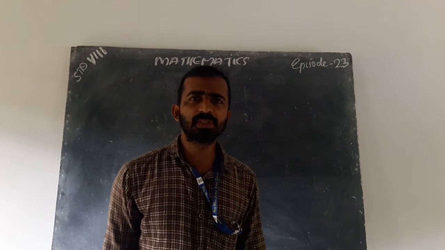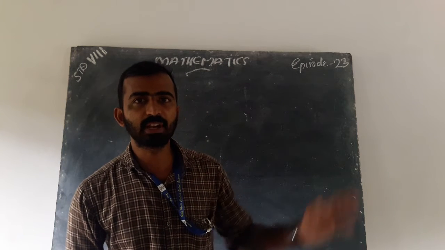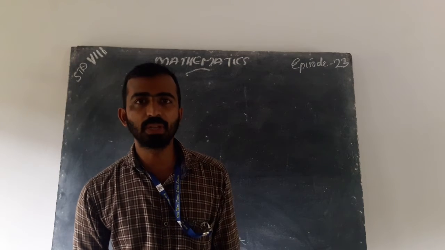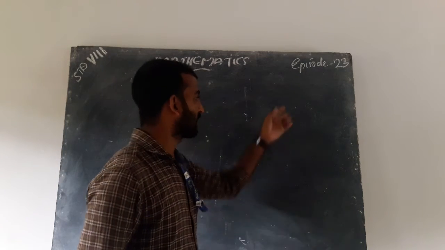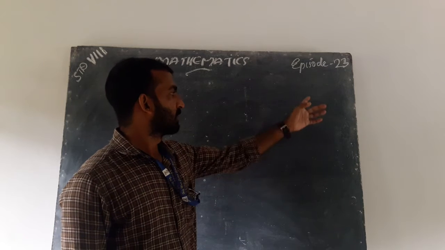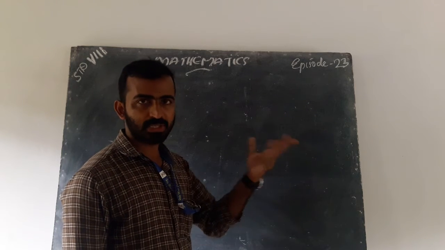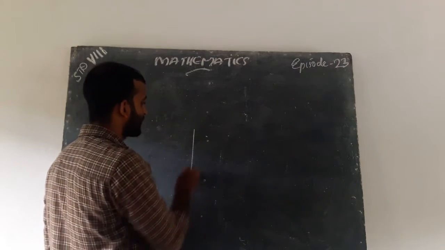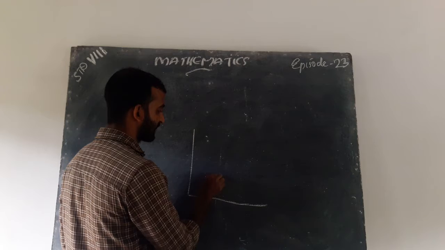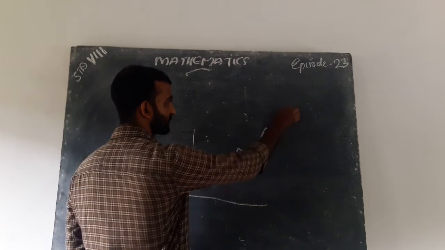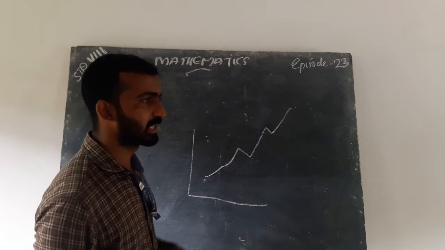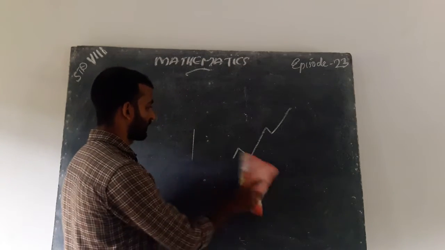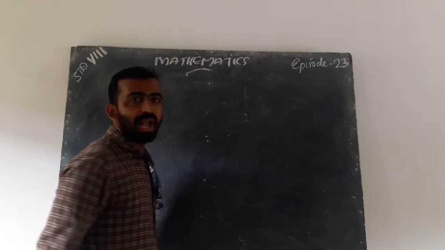In some films you can see graphical representation, and in some companies' board meetings there is a graph showing the production or profit of the company increasing or decreasing. Have you seen a line like this? This is our graph. For graphical representation we want 2 axes.